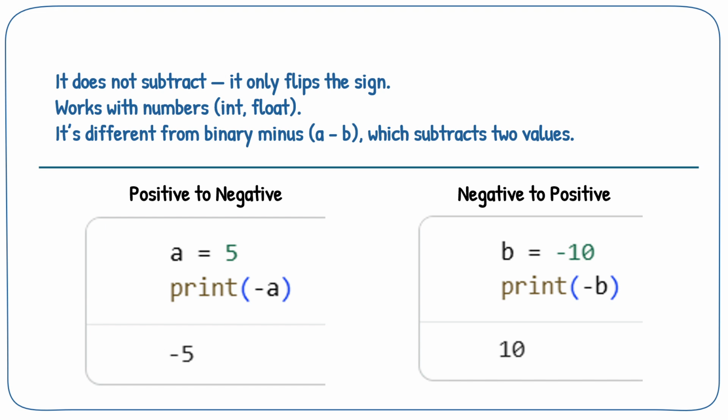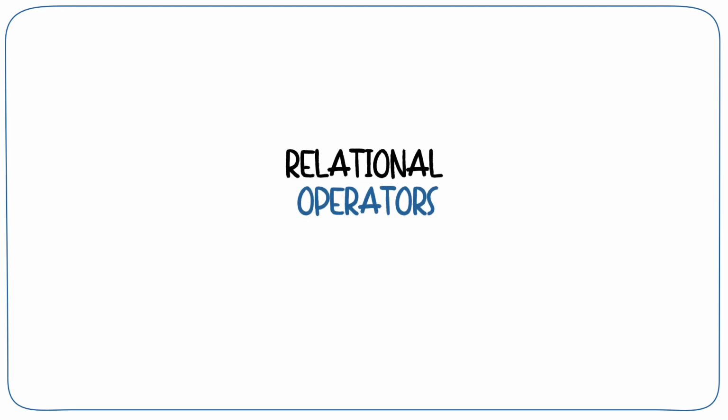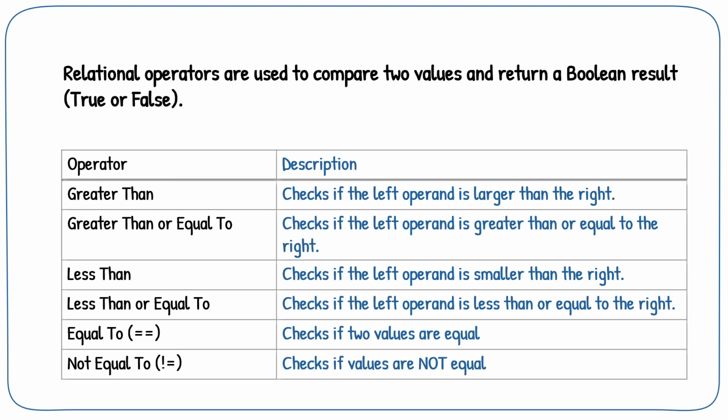The fourth one in the list is relational operators. Relational operators are used to compare two quantities. We can compare if two values are equal or one is greater or one is smaller. These operators will result in true or false depending on the values compared. Now we will be discussing all the relational operators one by one.